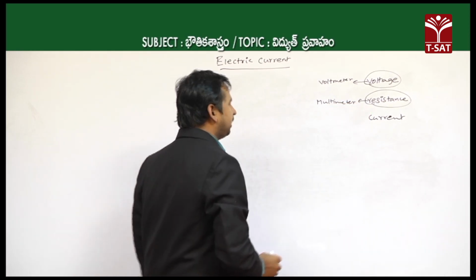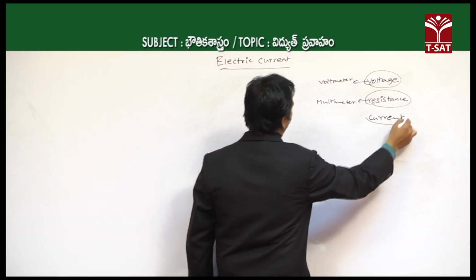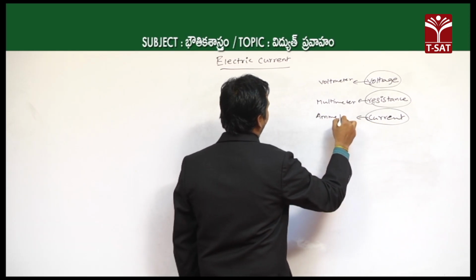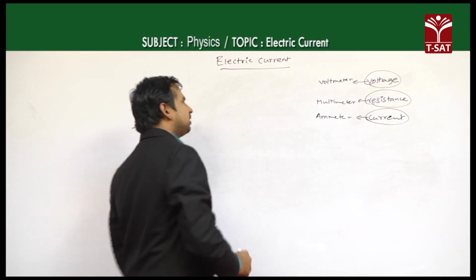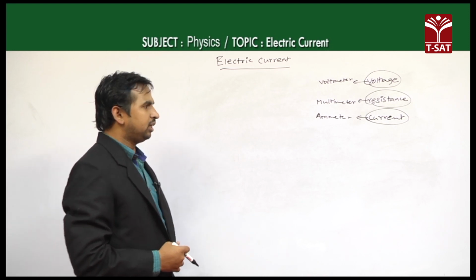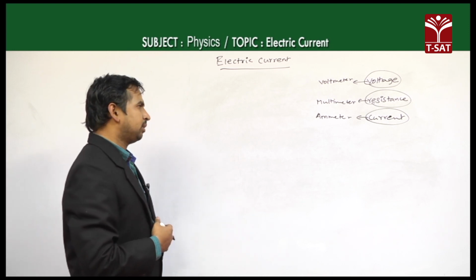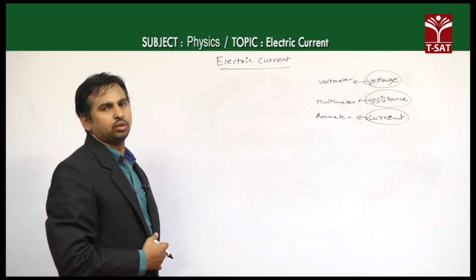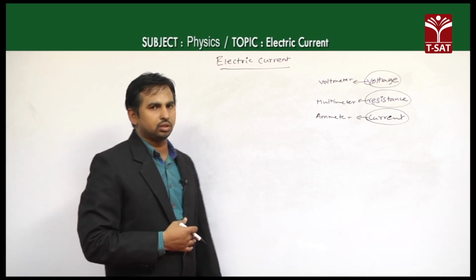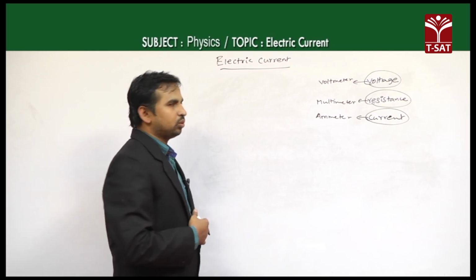Whereas if you are measuring current, then current is measured by using an ammeter. Okay. So voltage we measure with a voltmeter, resistance with a multimeter, and for measuring current we use an ammeter. Most of the cases the questions they are asking on this are how you are connecting that voltmeter